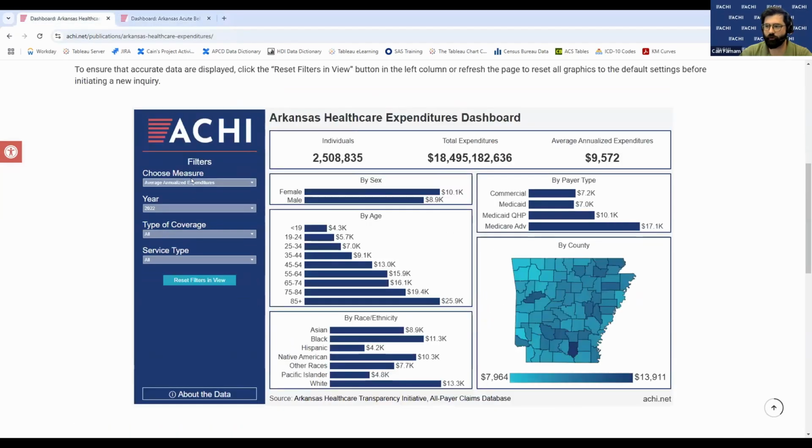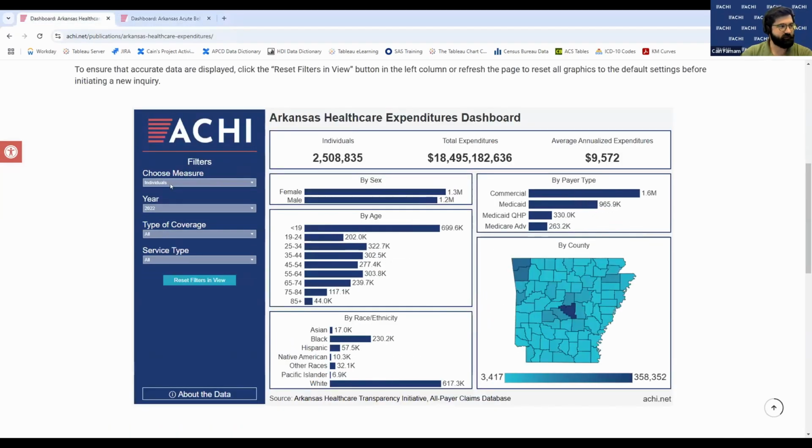And so, Kane, can you see the second question in the chat? I did, I managed to pull it up. So the question is, I did not see self-pay as a payer type in the first dashboard. Is it because the data was not readily available? So this question is